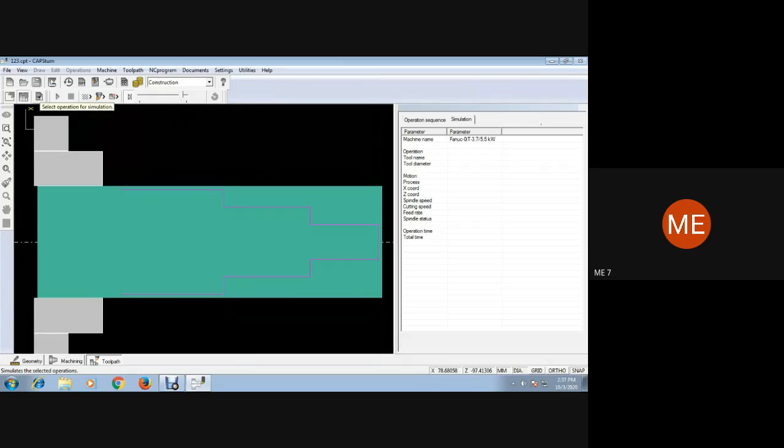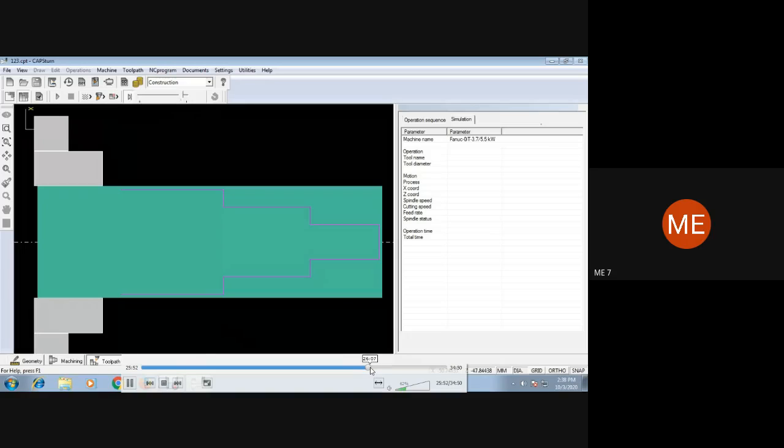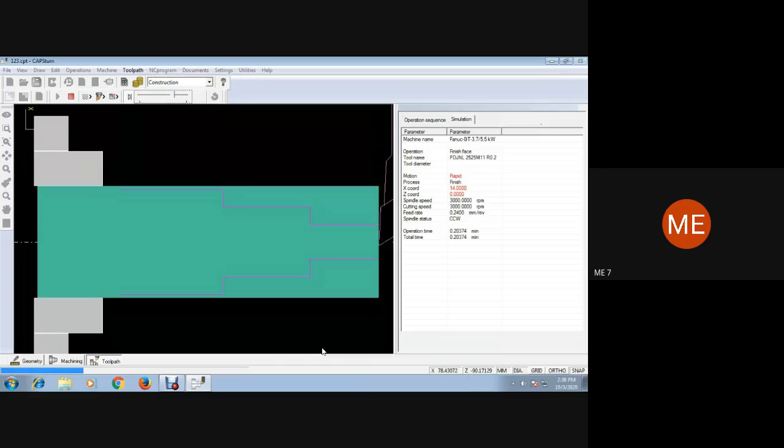Here again you have solid mode or line mode to see the simulation. Click on the play button. Facing, finish facing, then turning operations.